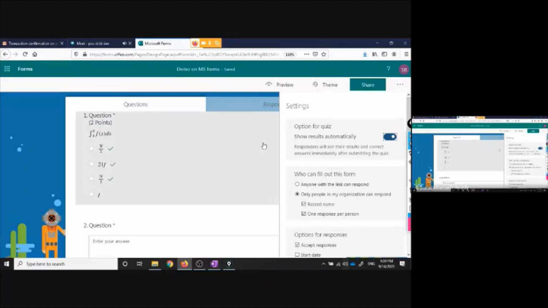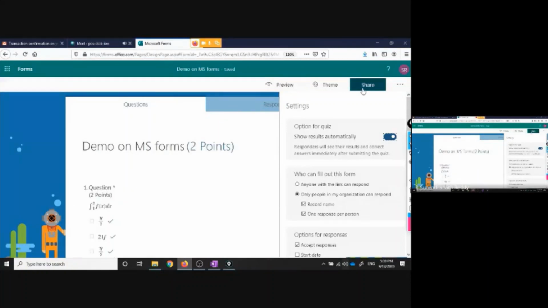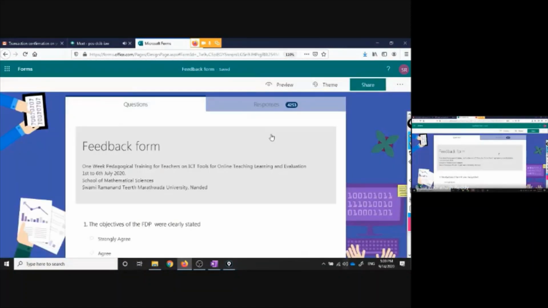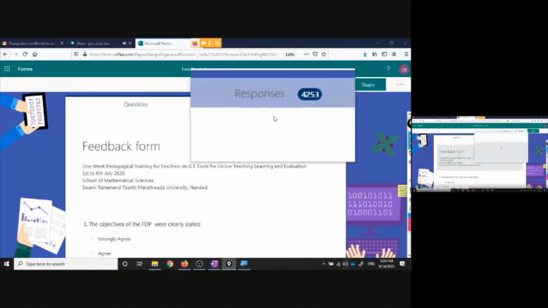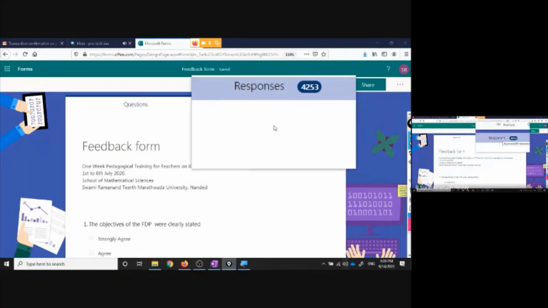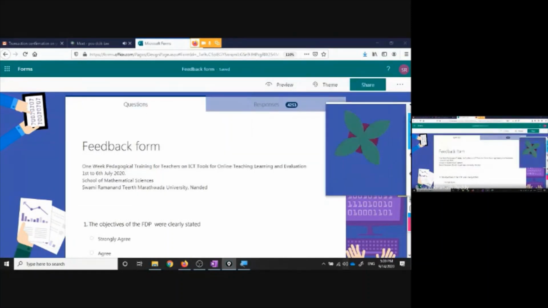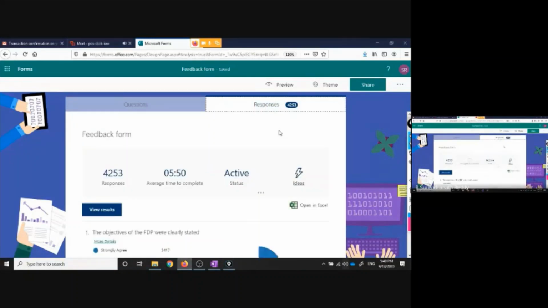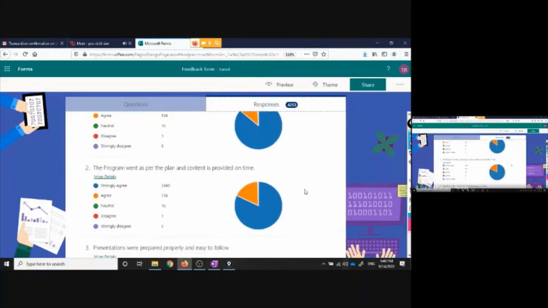These are the small things about how to create a form and how to share this Microsoft Form. Now I will show you analysis, which is the most important thing. I liked it. For example, this feedback form we collected for our faculty development program. Why am I showing this? Because there are a huge number of responses. 4,200 people have given responses. So if you see this one, you click on these responses. Once you share your Microsoft Form and they have responded, you can go and check this response button. You will see the responses. Okay, so you can go and see these responses in detail.